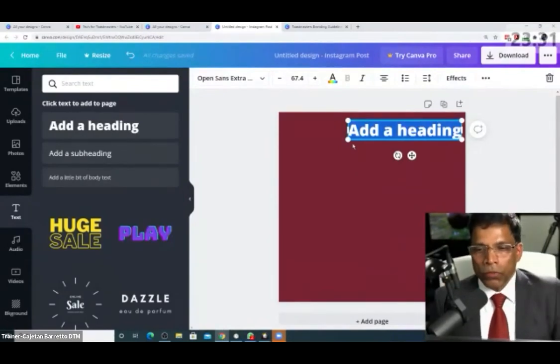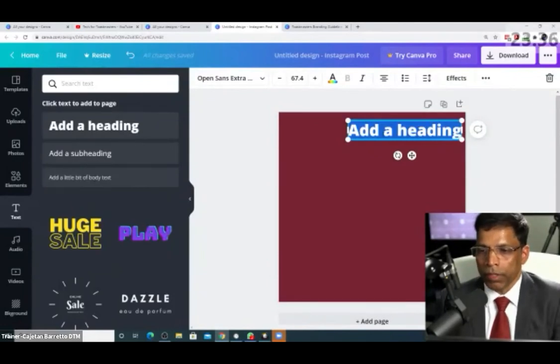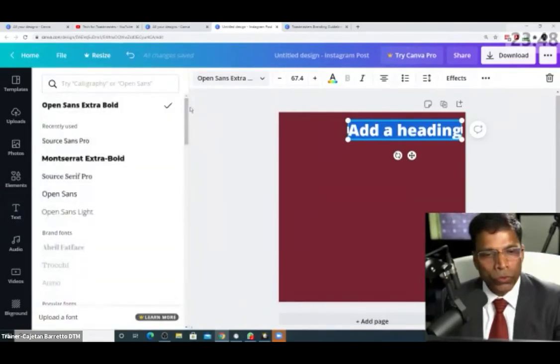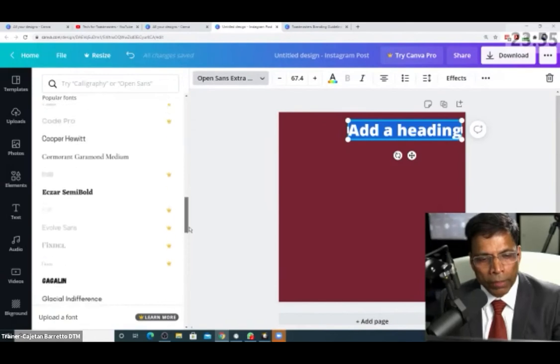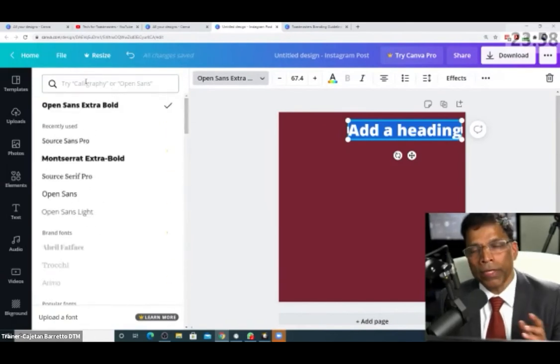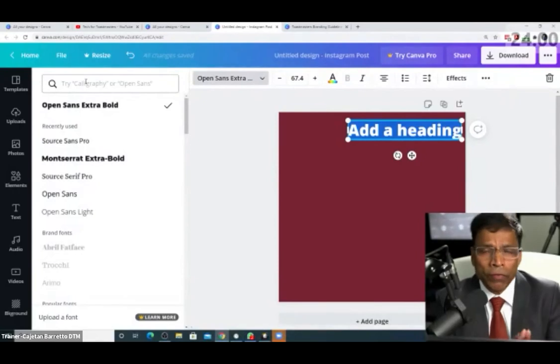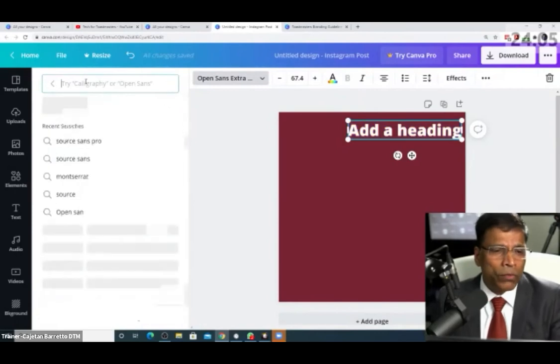And the first thing I would like to do is fix the font, because the font that is here is not the branded font. And the font that I should use here, of course, is the Montserrat font, because that's my heading. And I can click here on this drop-down arrow and choose the font from here. But because Canva comes with hundreds of fonts, it can be quite difficult to locate the font quickly. But in Toastmasters, as I said, it's very easy for us to do because you have a toolkit. We don't have to waste our time to see which font looks good. Is that the right font? No, there is only one font.